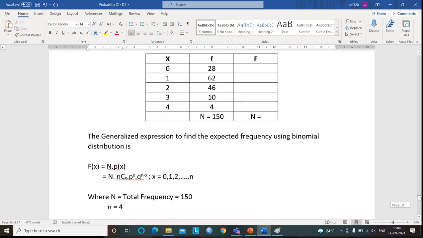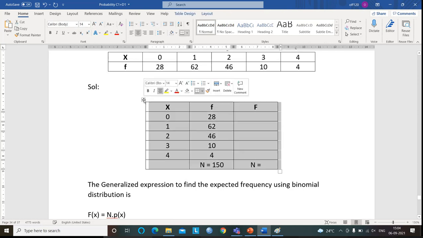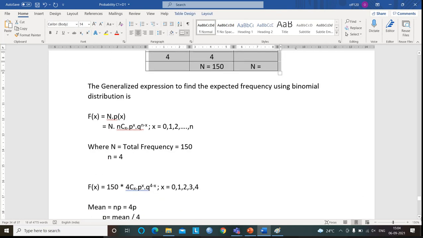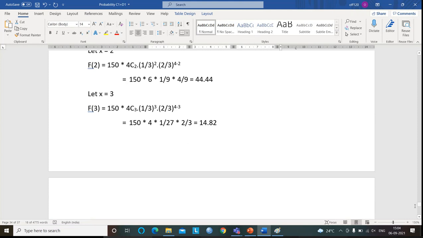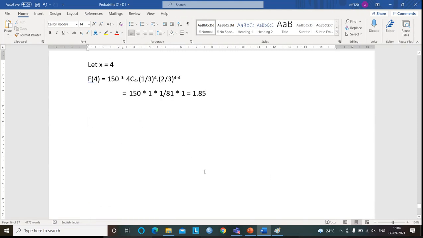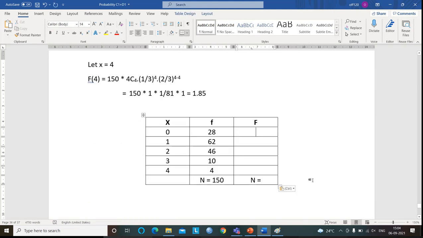So I have got all my new values now. Now let us find out whether this distribution is perfect or not. How do we do that? Simply by substituting all the new values in this table. What is the first answer we got? 29.63. Next we have got 59.26, and the third value is, instead of 46, we have got 44.44, and next value is 14.82, and the last answer is